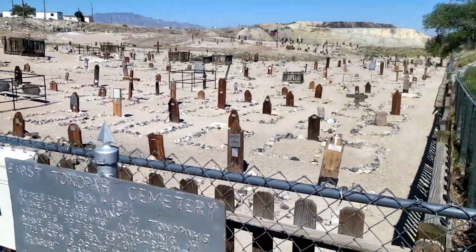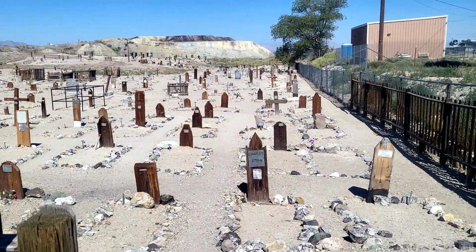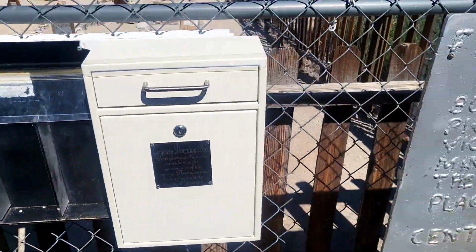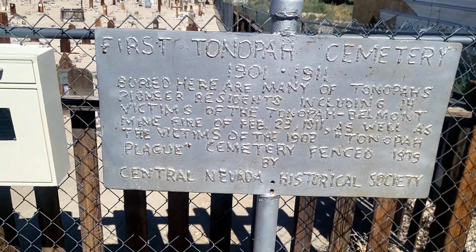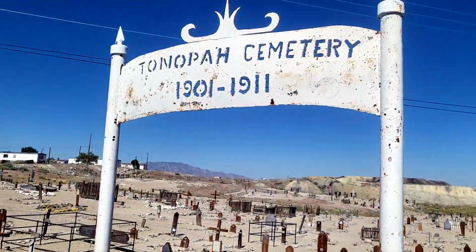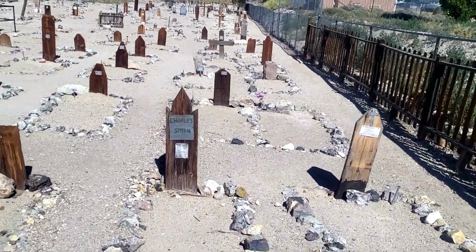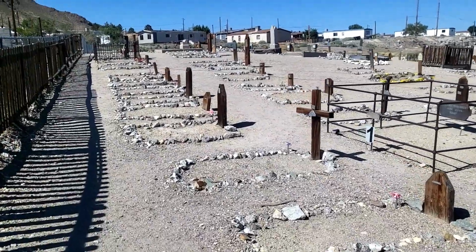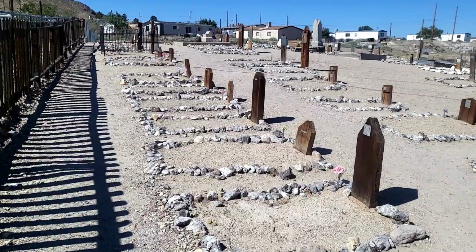They're building a haunted house. Oh, they're going to build a haunted house out here, sounds like. So here is, actually, let me get you the sign. I'm sorry, folks. You guys can go by me. So here is the sign as we enter, and here is their Tonopah Cemetery. And of course, we're going to give all the respect due to the dead, but very fascinating and